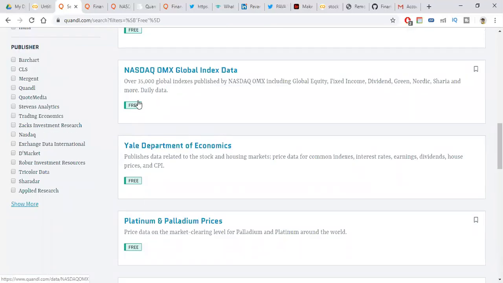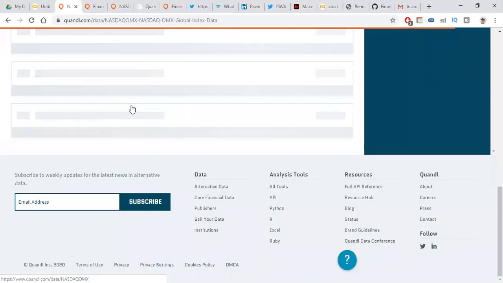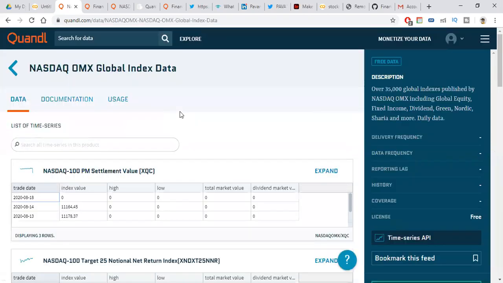See, it has over 35,000 global indexes published. It has equity, income, dividend. All the data will be available for free. This data is updated every hour.